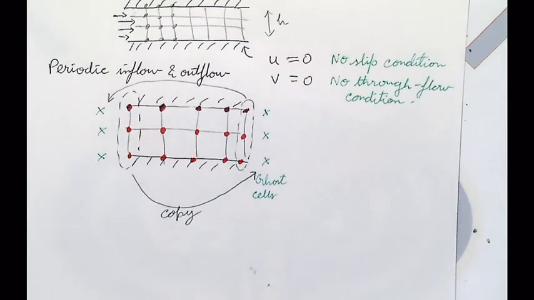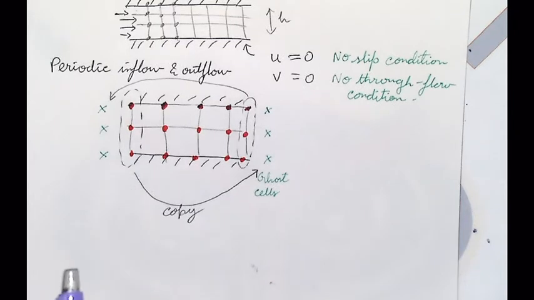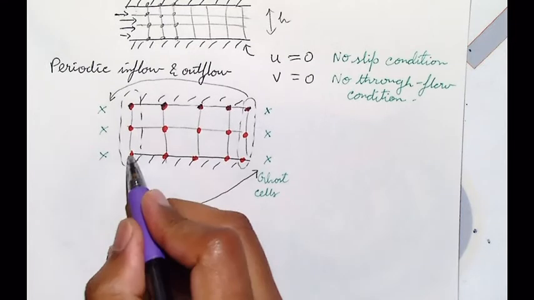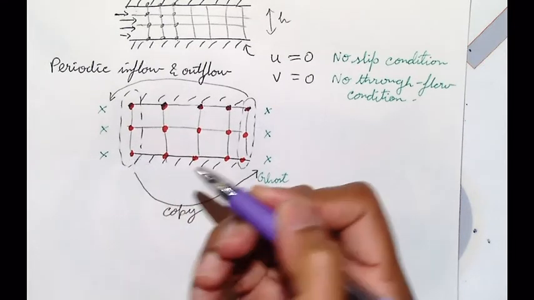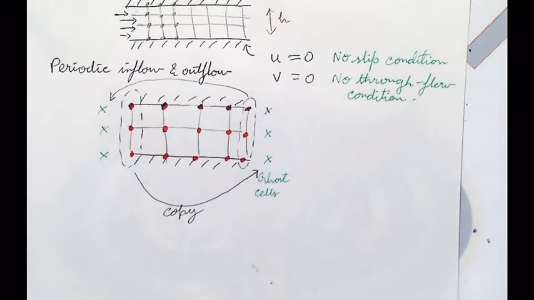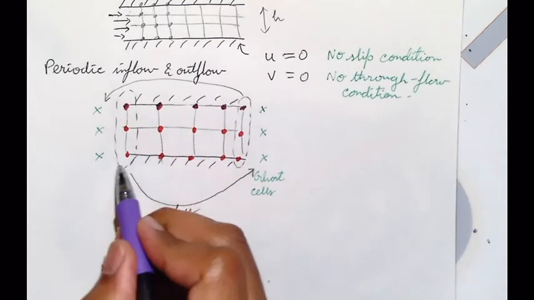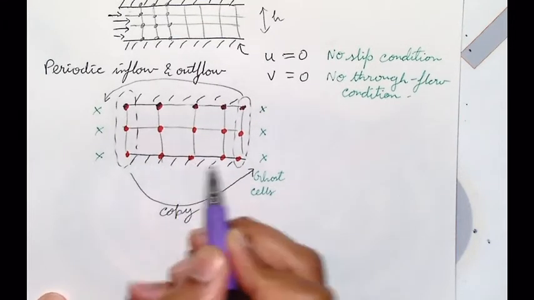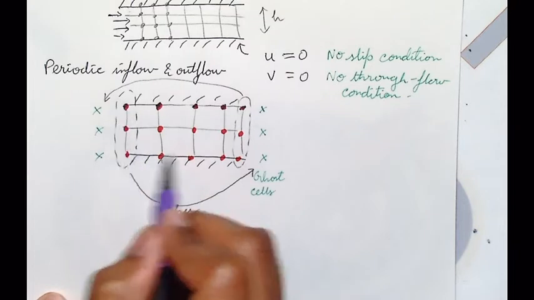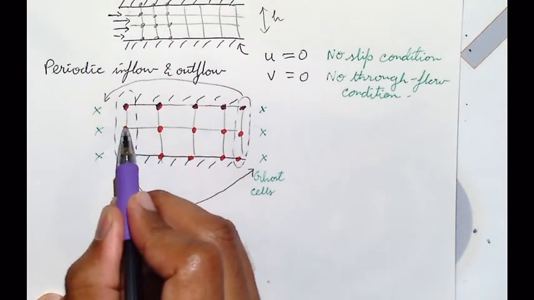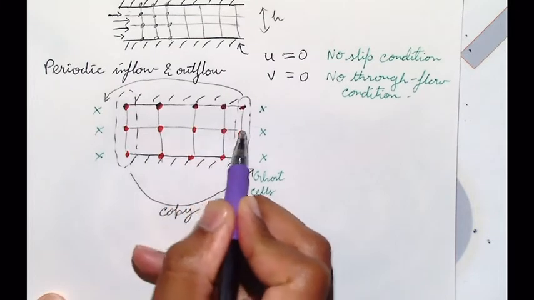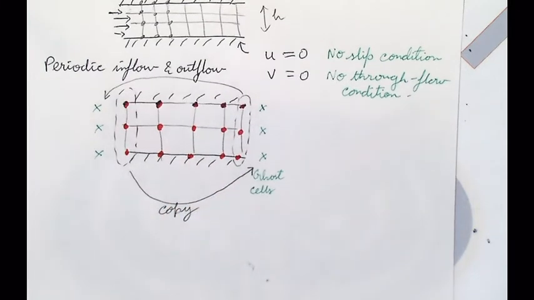All right, now, in this setup, when I solve my Navier-Stokes equation, what should I do? I should start with the solution of this node. True or false? False. Why? It's a boundary condition. It's a known velocity here. U and V are 0. We don't need to solve for this. Though, if we were to use this discretization, you only need to solve for the inner nodes. All right. U is known, V is known.